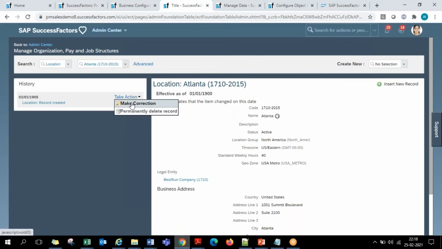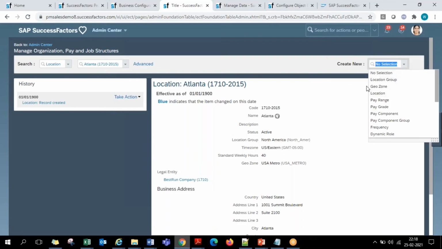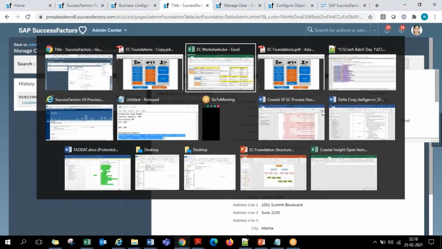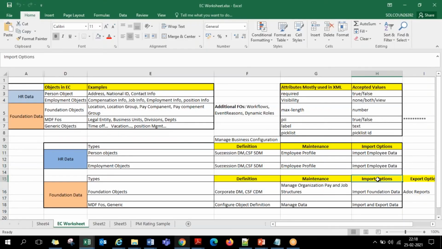It's the same for departments in managed data and everything. If there are 10 departments, 10 times you are required to create a new location, create a new department, anything, and create them one by one. Or else, down the line, we'll also see the import options, bulk import. If I have to import hundreds of departments, hundreds of locations, we'll have some import templates.